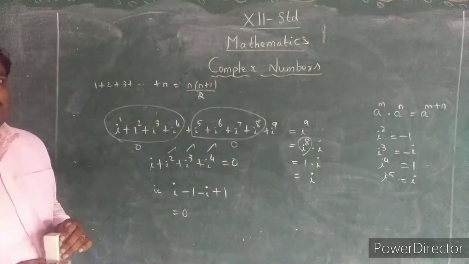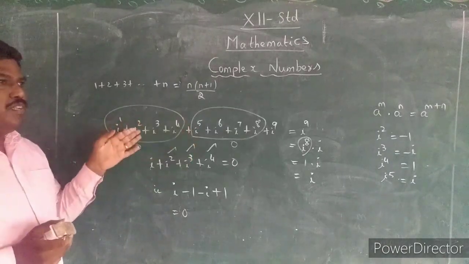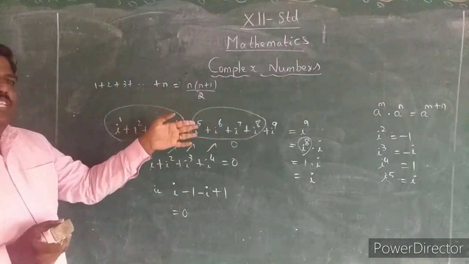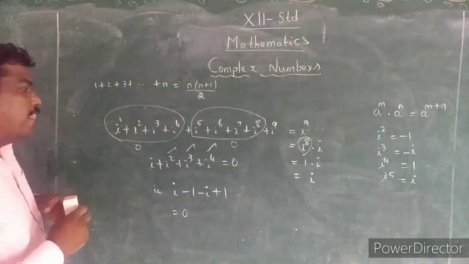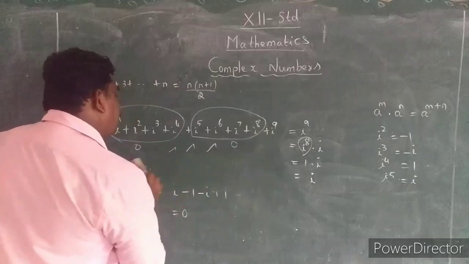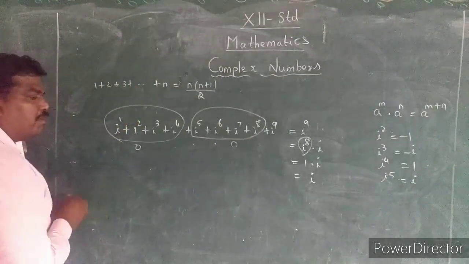Simply get the answer. So in both the cases the i will be expressed. Either it may be expressed in multiplication or it may be expressed in addition. These are the two main cases. And now idhe cases ippadi kooda kodukkalaam, in another way, it may be given in another way.